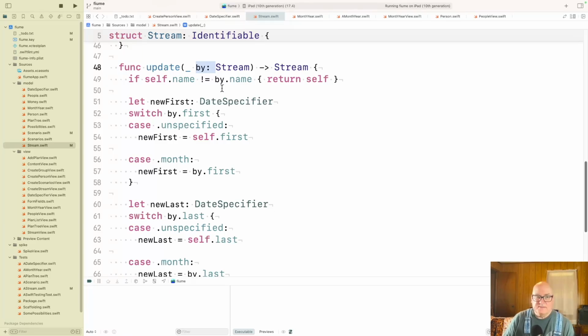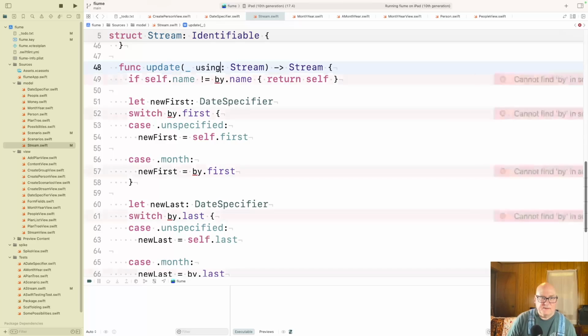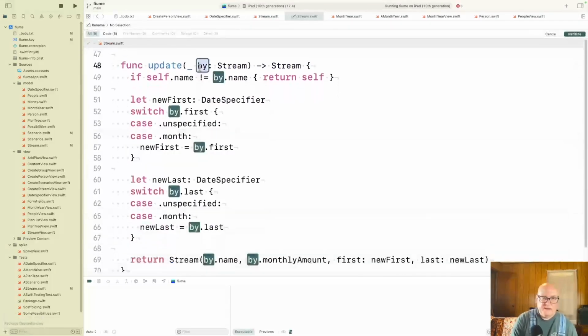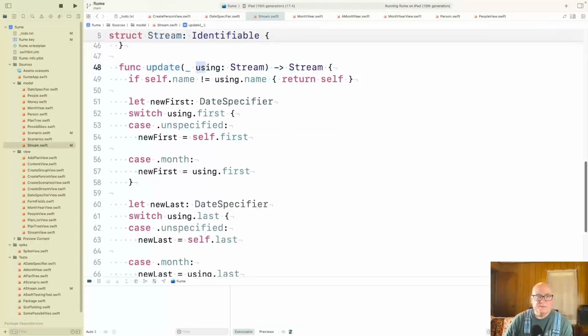Yeah, I don't think I can use it here without quoting it. I never quite know. The rules are a little funny. Like I think you can use for. So yeah, it looks like it accepts it. Yeah, update using stream does sound good.